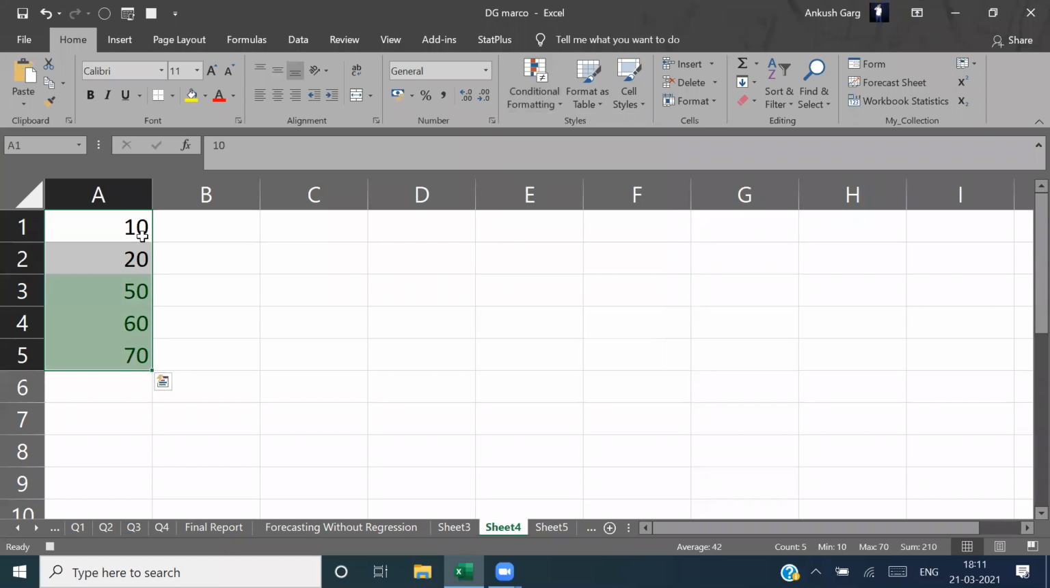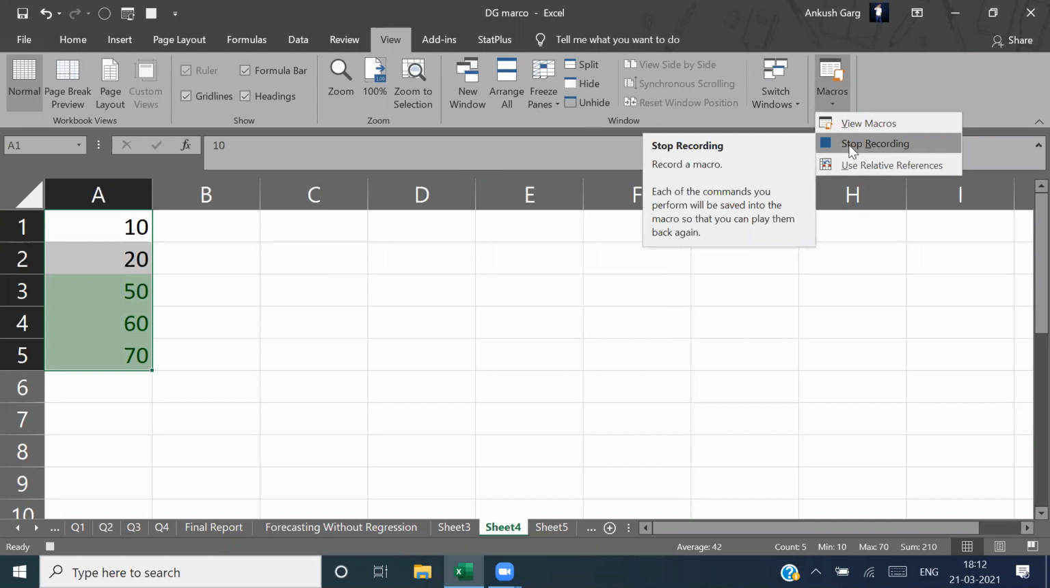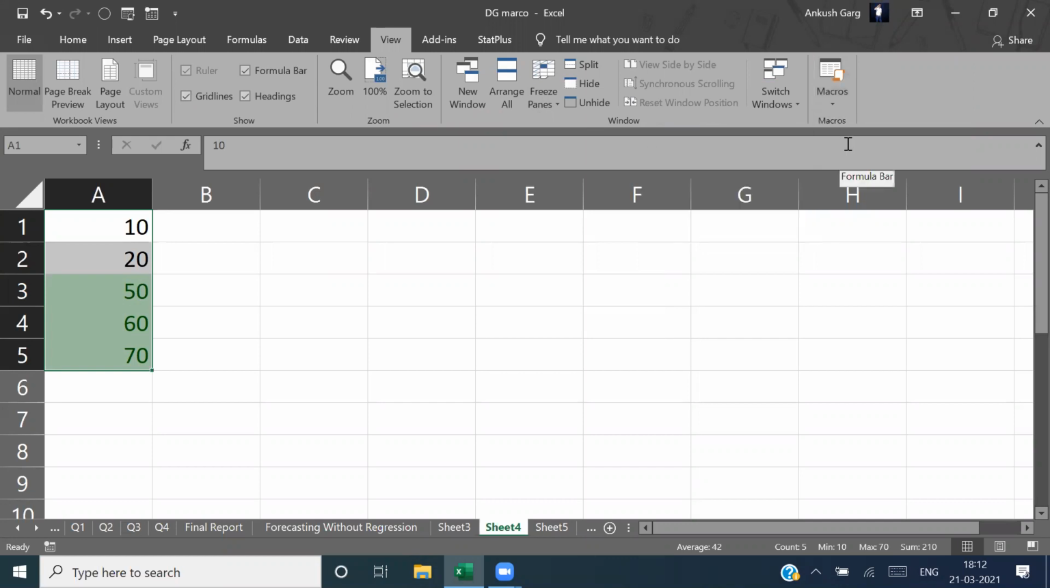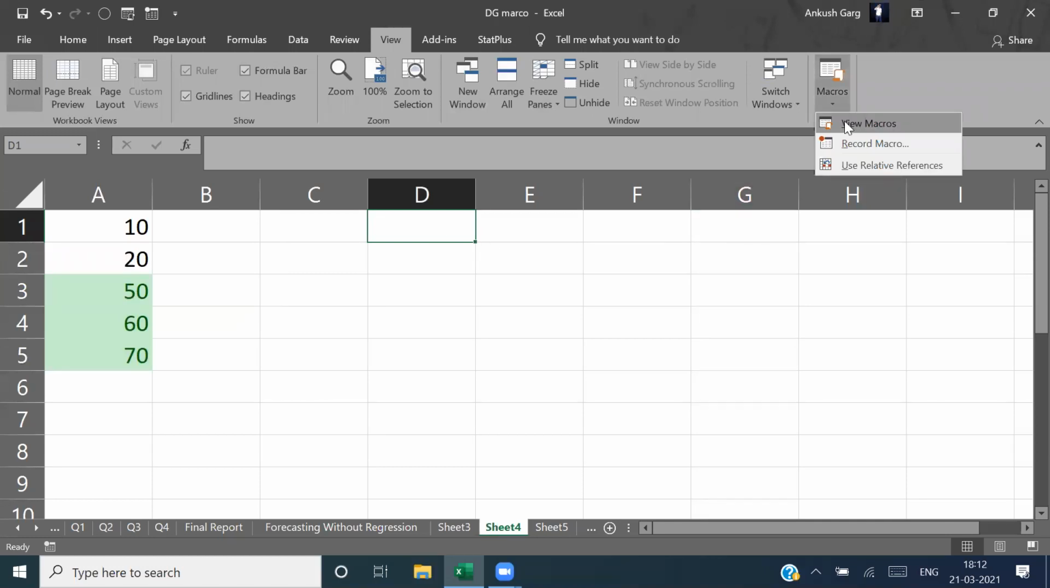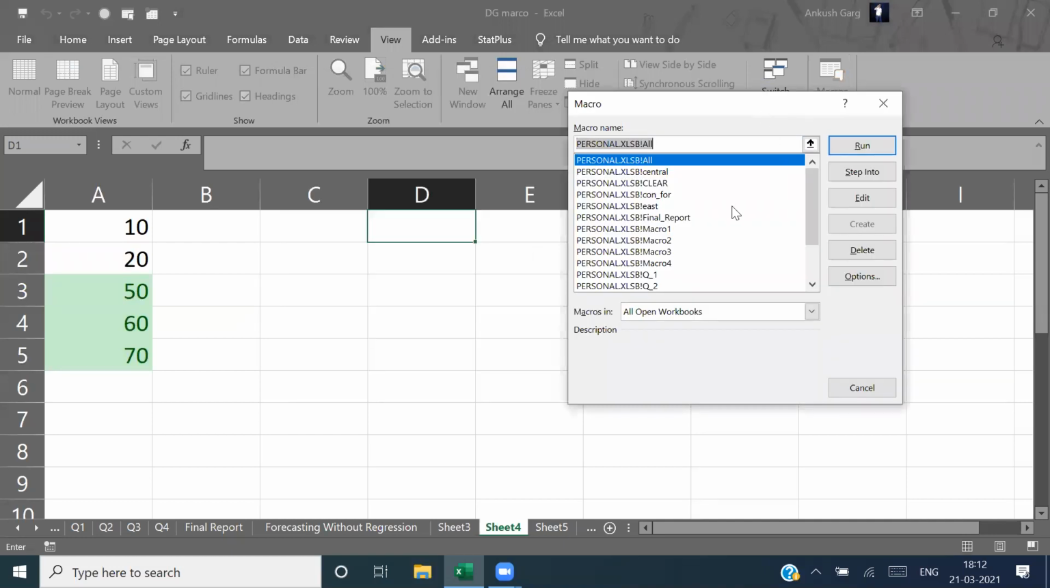So I have done some action, and now I am going to again click the View option, click on macro, and now I am going to stop recording. Okay, so just stop the recording. Now the macro is recorded. So where is the macro recorded? Just go to this option, click on view macro, and you can see I have assigned